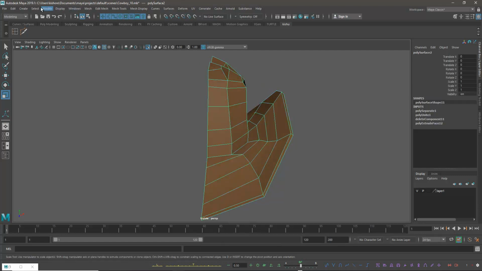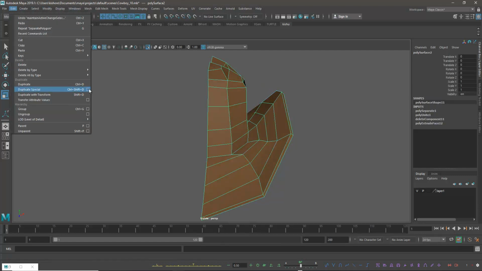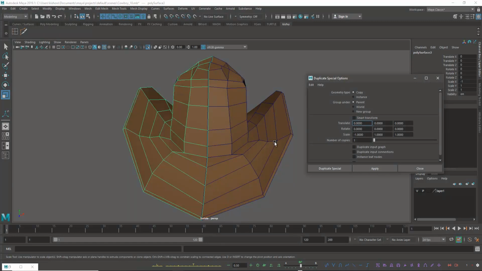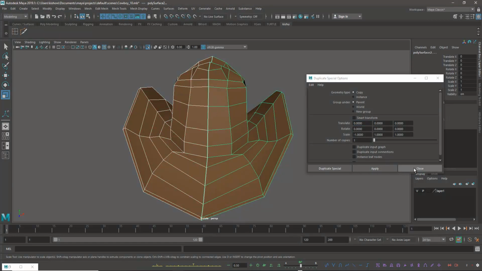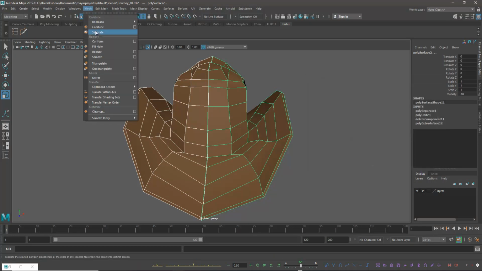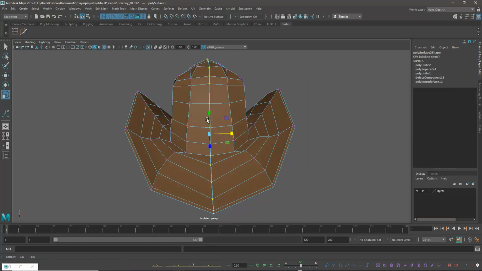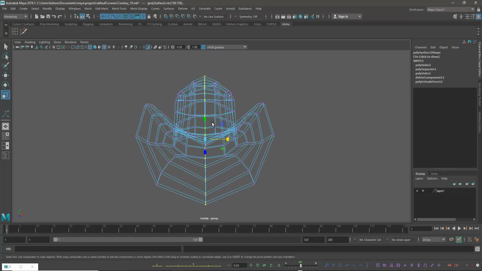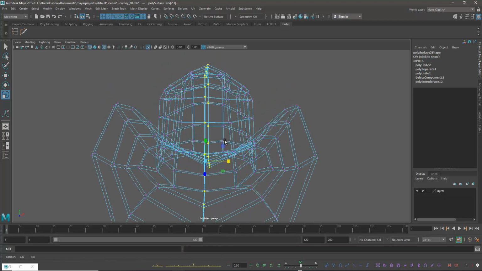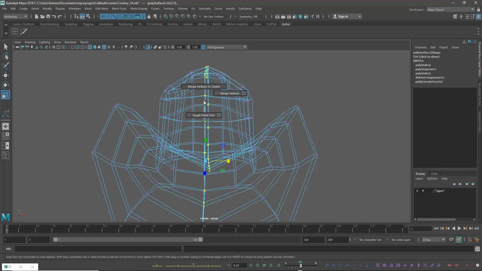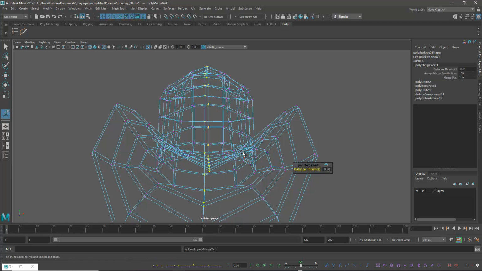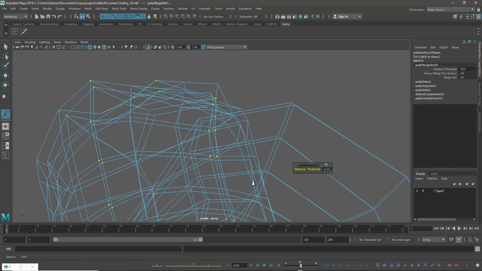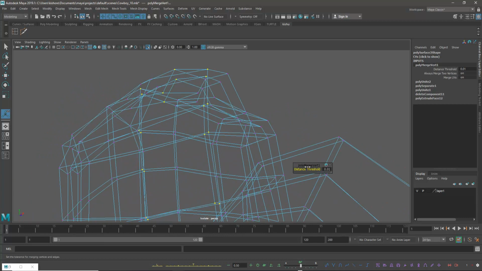Now I'm taking duplicate special, copy, then select both of them and combine. Now you select all the vertices and give merge vertex. Now you can see all the vertices are merged.